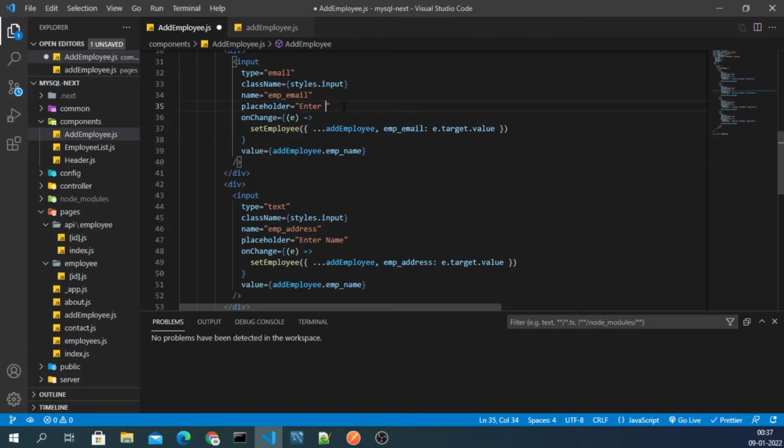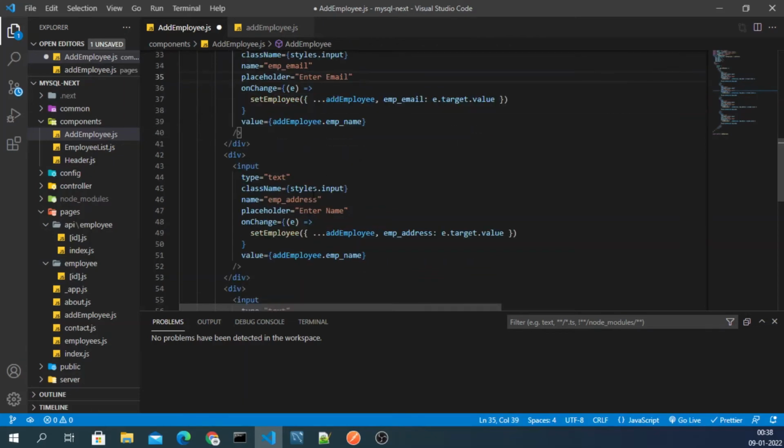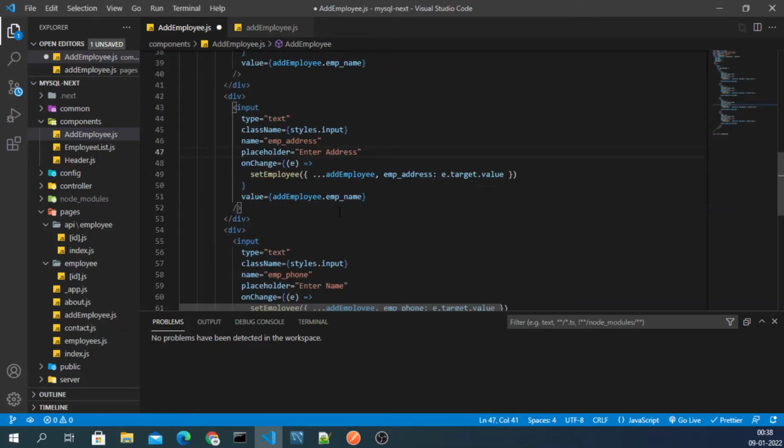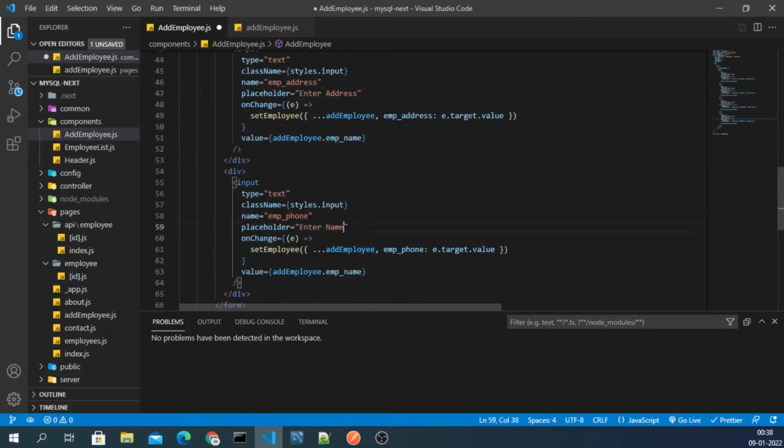Here we have to set email, and we have here address, and then we have here phone number. Alright,